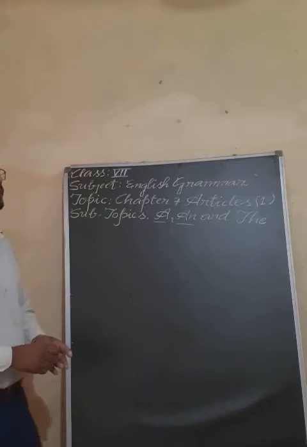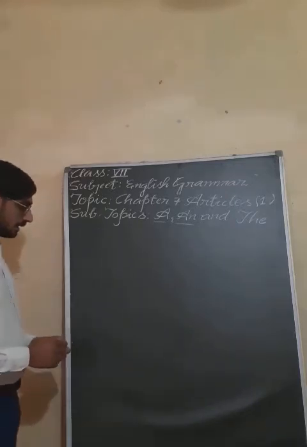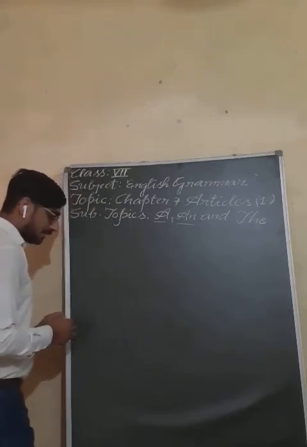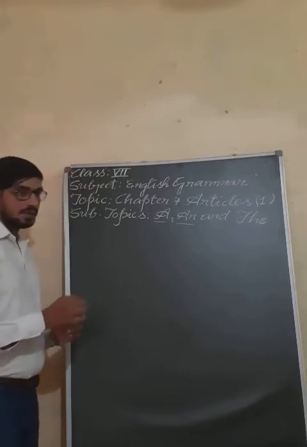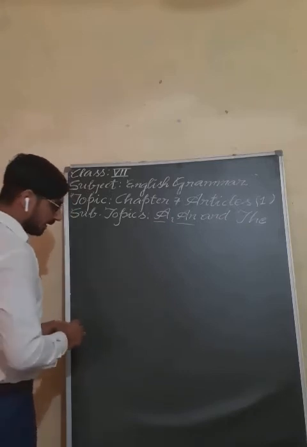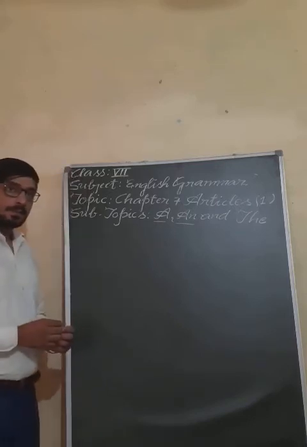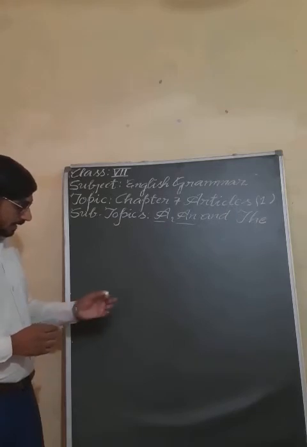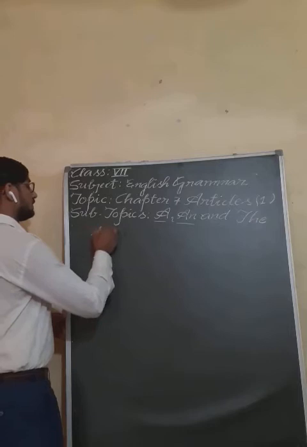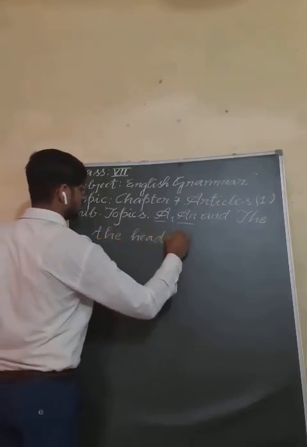Suppose that you are talking about your house. So you know that the floor, the hall, the kitchen, all these are clear. So you can use the, because you are talking about a particular home, particular house: the door, the ceiling, the floor, the light, the station, the airport, the hospital, etc. Understand? You can also use the headmaster.